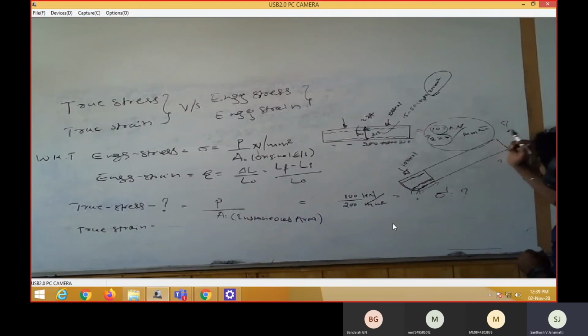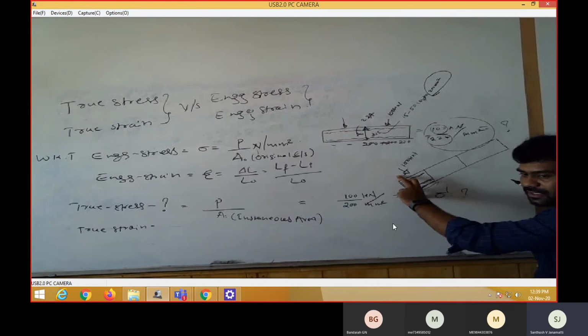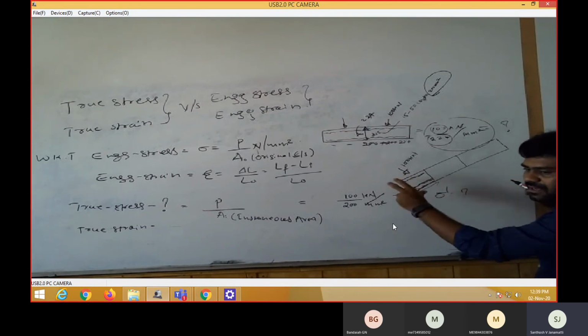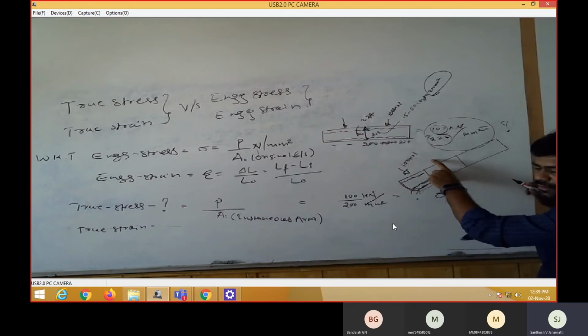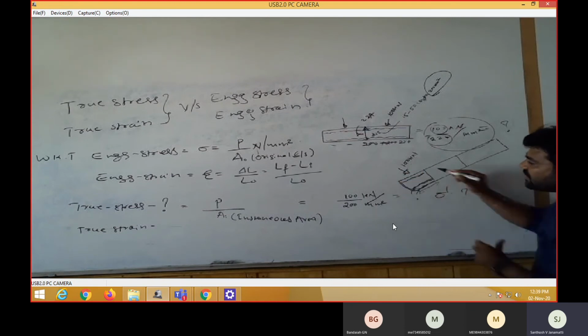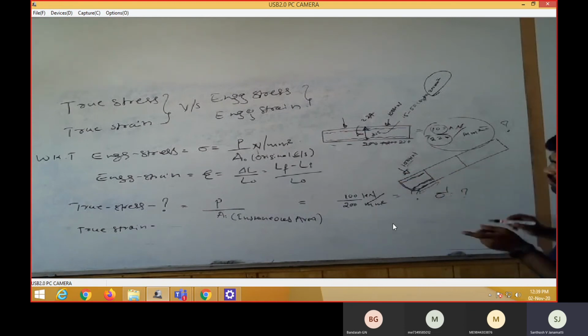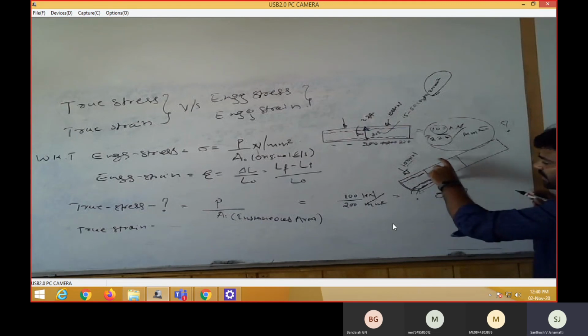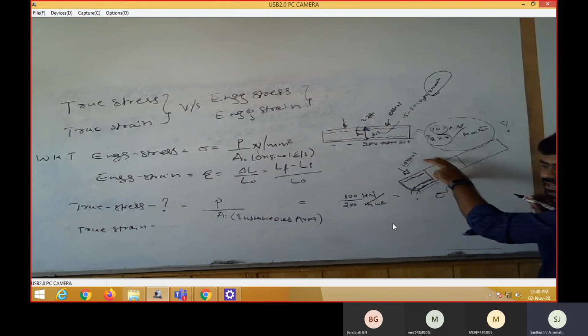Exactly what happens if you are considering it like this? Here there are 3 portions. Only in this area will we get some value, and we are expecting the same value in the second also. This will sustain 100 kg. We are expecting the second portion also to withstand the 100 kg.